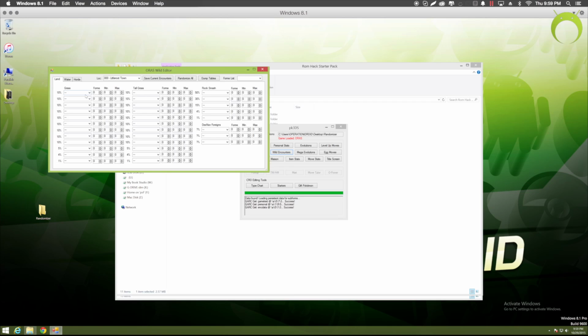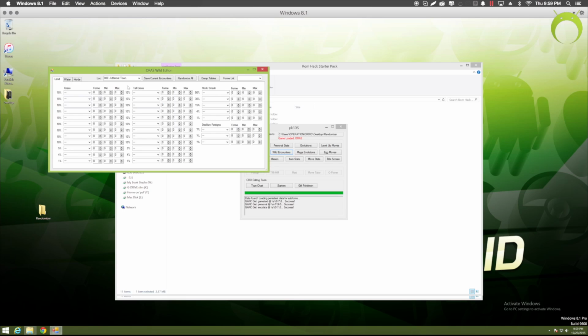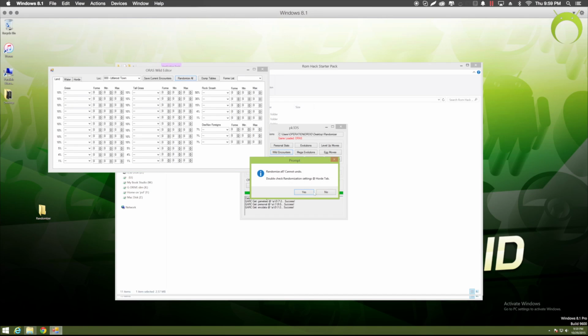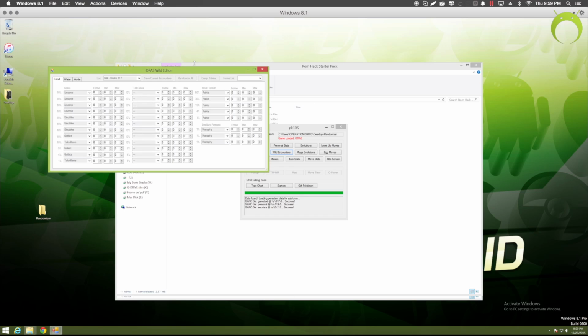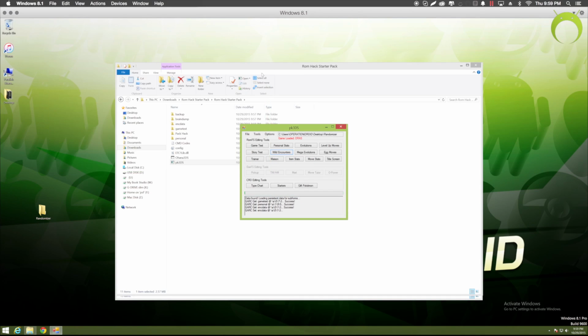So you can go ahead and click on wild encounters, and you can manually randomize it if you want to, but there's a whole lot of encounters in Omega Ruby and Alpha Sapphire, X and Y, so I recommend you just click the randomize all button and let it randomize it for you, and you won't really be able to tell what Pokemon are in each location unless you literally look yourself. However, if you want to keep it a surprise, which is the fun of a randomizer, then I recommend that you just hit randomize all and just exit the window so you don't see any of the Pokemon that are now randomized in your game.